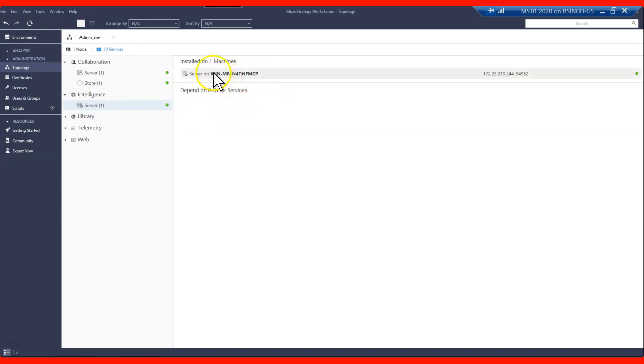It will also give you which server it's down on. If you have multiple servers, you can easily expand based on your services, and you will easily see that's the server which is currently down, and you can understand and get the insight.